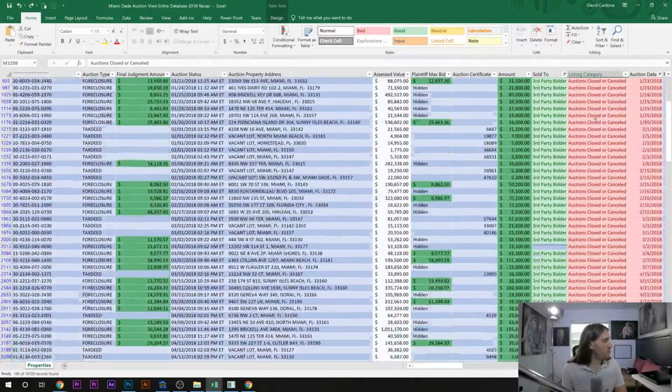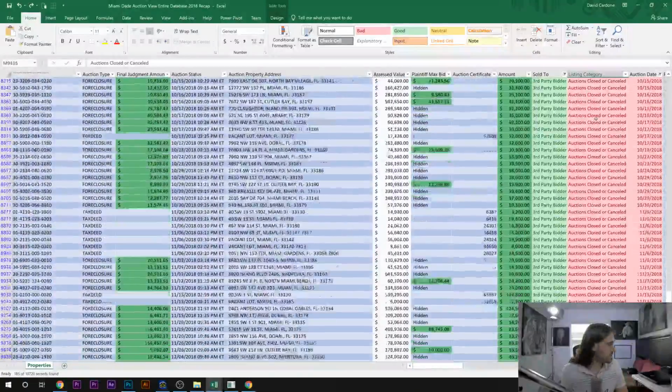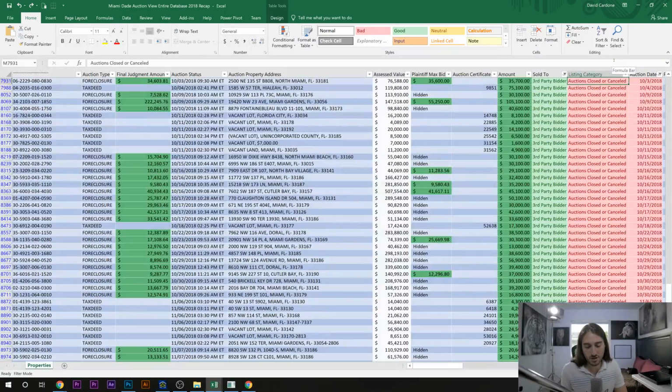So this all was a manual process only a year, 2 years ago. Completely manual, picking up all this information and aggregating it on a daily basis, on the day before the auction. So if we go back to our auction site,